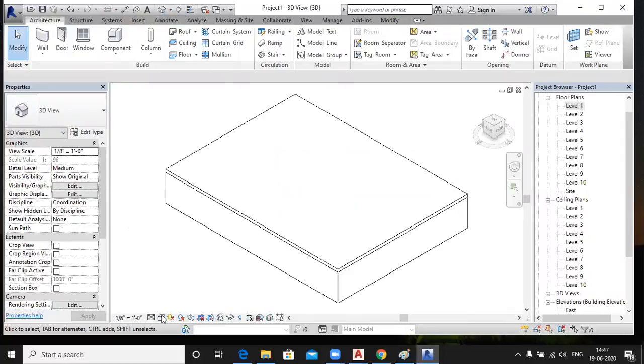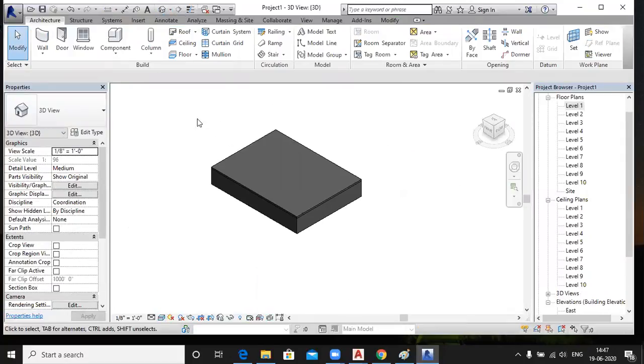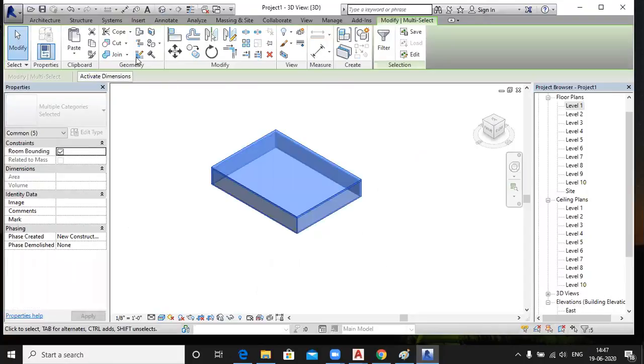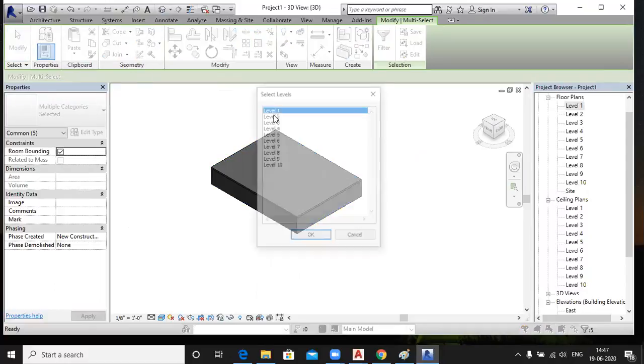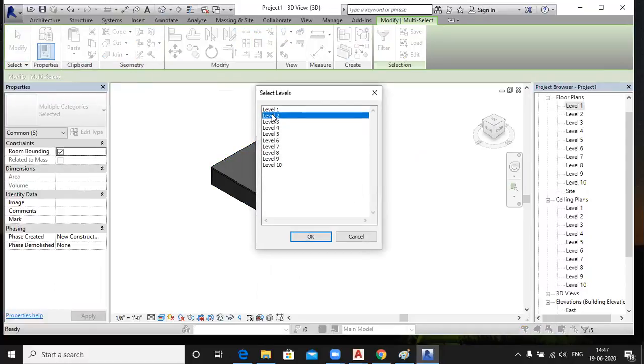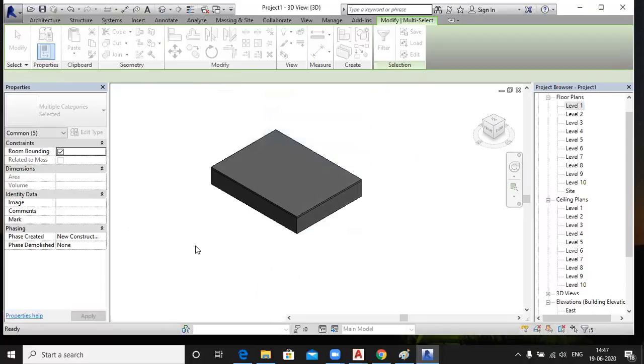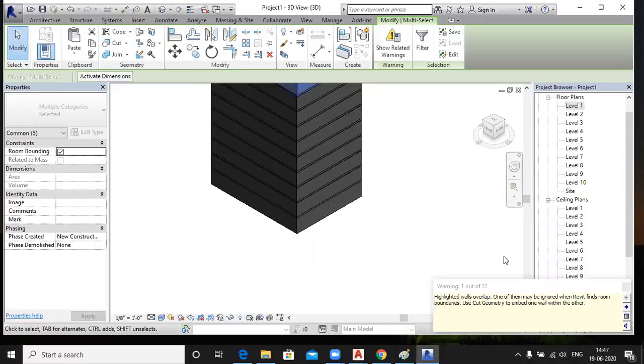See, select all of this, click on copy, and paste aligned to selected levels, and draw like this, and draw, right?